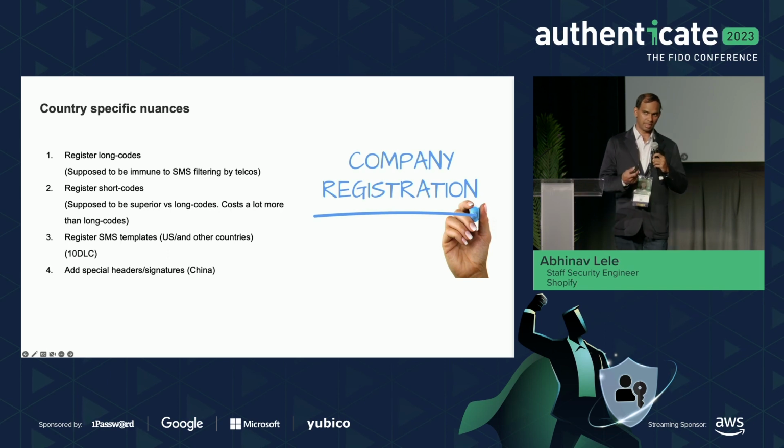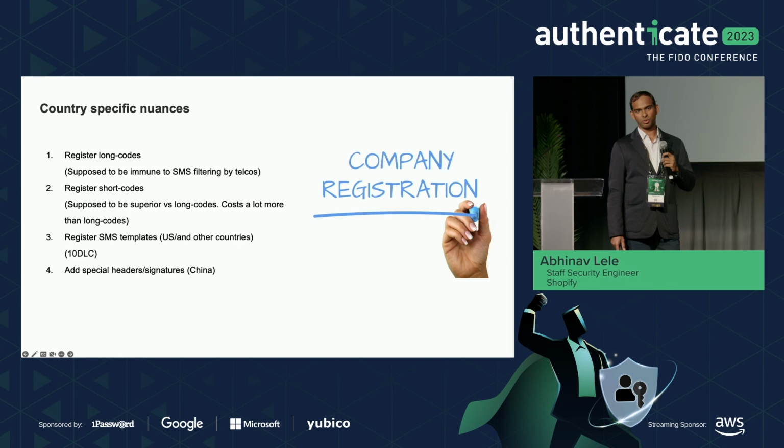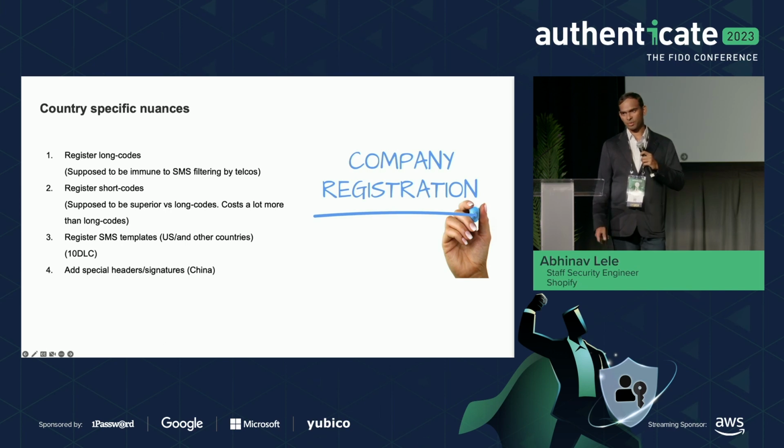So then you go back to them again, and they'll say, why don't you get a short code? We'll give you a special name. It's good for your brand, and you get an SMS with your brand name. I said, okay, let's do that. And then they'll say, it's slightly expensive. The earlier one was $1 a month. Probably this is $100 a month. I said, okay, let's do that. I'm a bigger service now. So you go on with a short code.